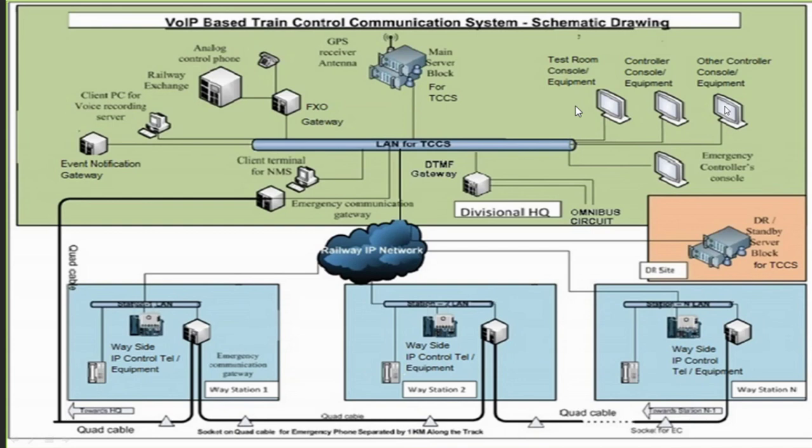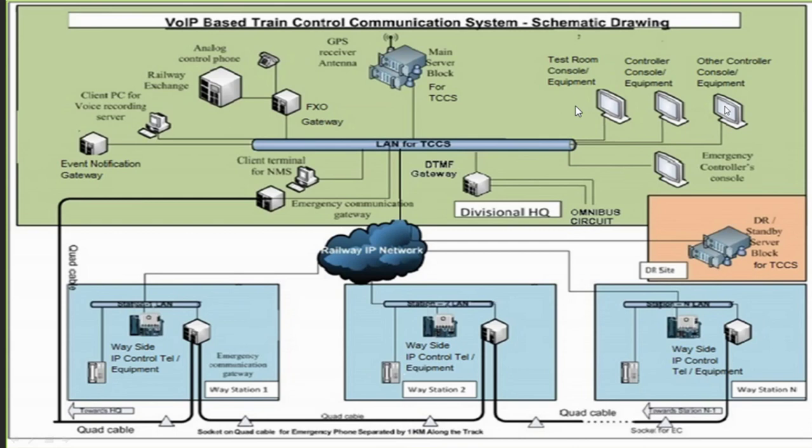Sir, this switch, the LAN connectivity switch, is it Layer 2 or Layer 3? Yes, a switch will be there. It is a LAN, so it will have all the LAN network devices. I will show it in the next slide. No, this is your IP network outside your headquarter. This is the LAN network inside your divisional headquarter. I will show in the next slide the different equipment connectivity. Okay.